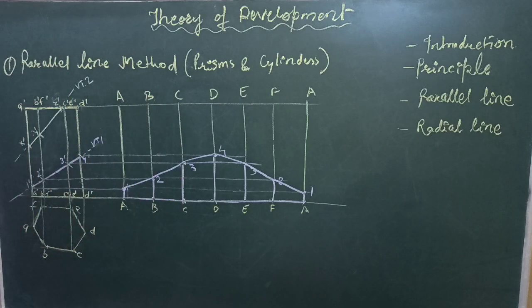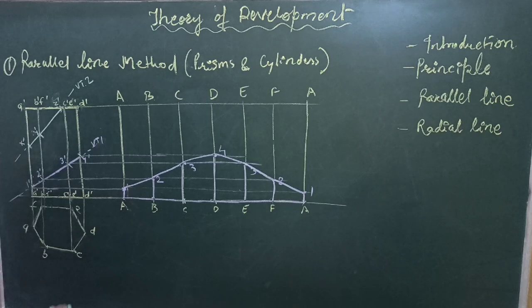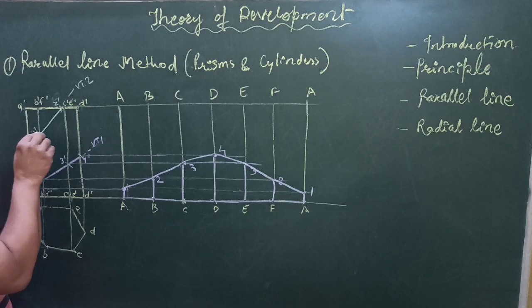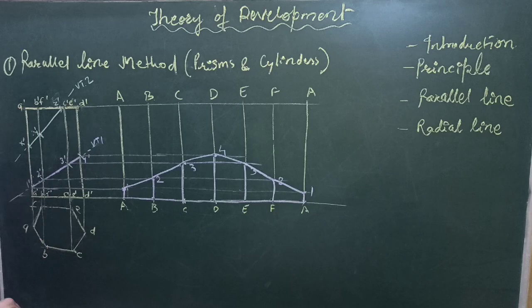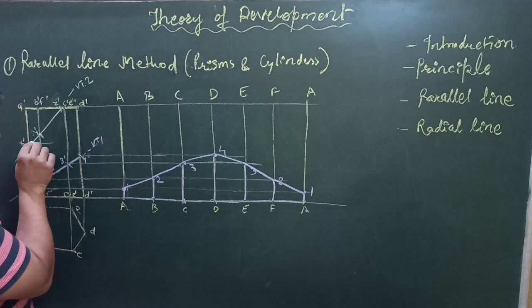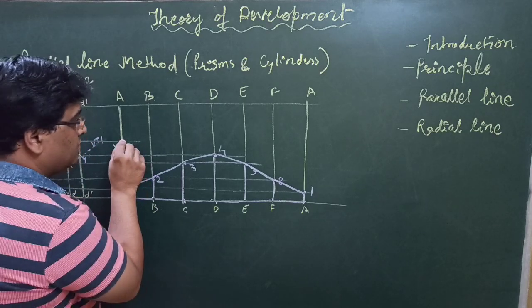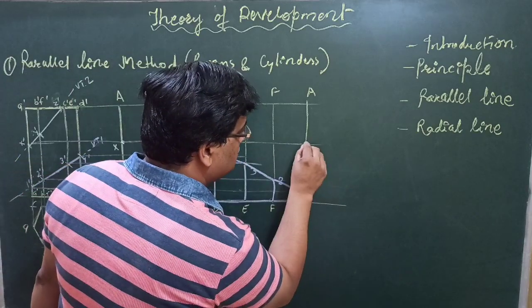Right? Now let us come to the second plane. This plane is giving you 3 points, x dash, y dash and z dash. When we talk about x dash, it is cutting A to A. It can be easily drawn by drawing the parallel lines. So this will be x, this will also be x.